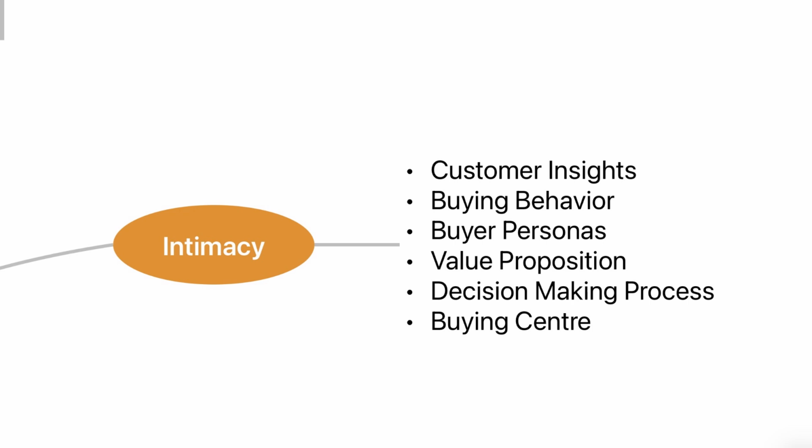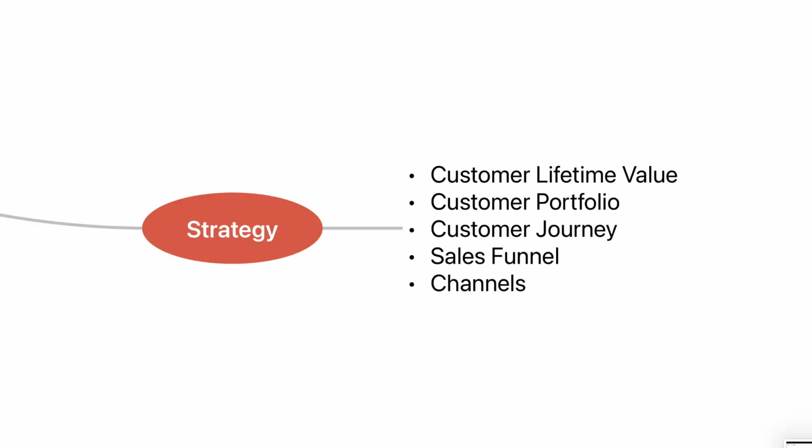Okay, so you've got the hard facts from data and the deep human understanding from intimacy. Now you combine them for S, strategies. Strategy is where you plan your attack, so to speak. Based on everything you learned in D and I, you develop a specific sales strategy. How are we going to approach this segment or this particular customer? And it needs to align with the customer journey.